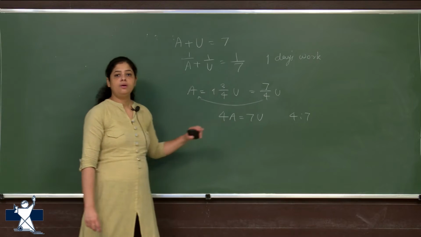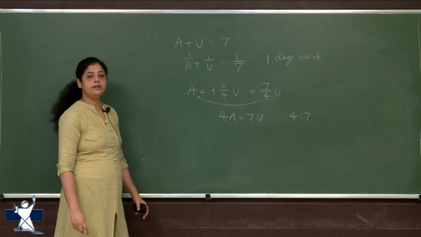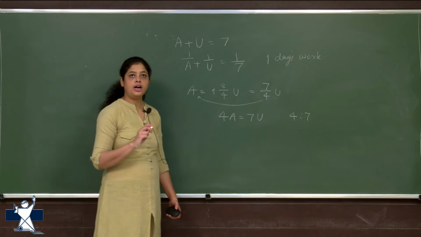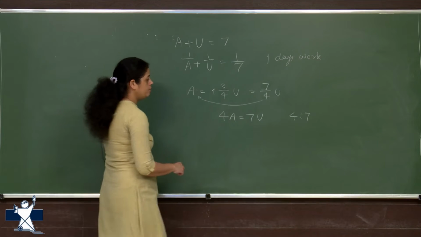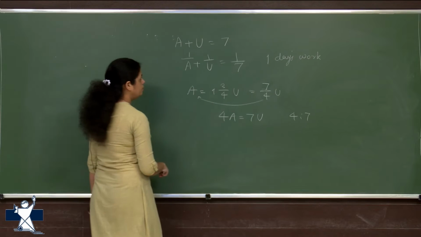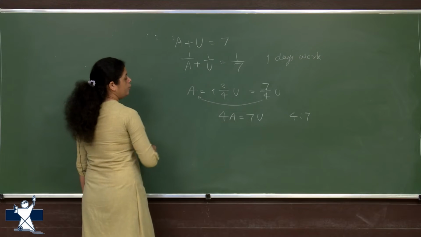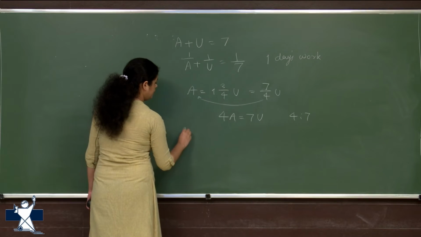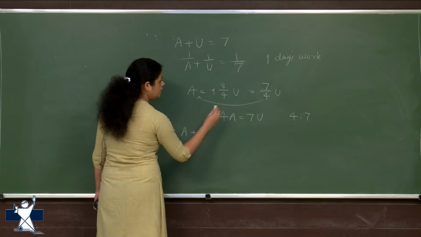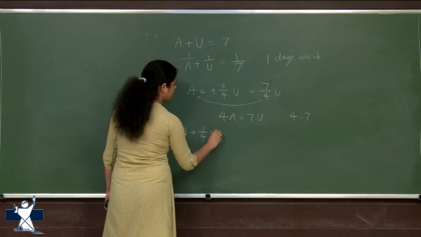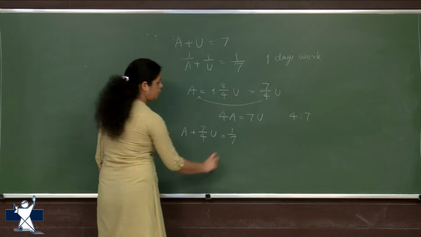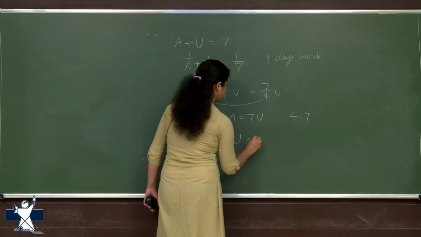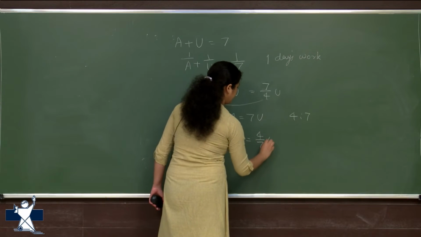Right? Now our equation is this. So you can directly put the values in the equation to get in how many days the same job will be done by Asha. So we know now 4a is equal to 7u. So you can replace a or u in one of the equations. Since Asha's is what is asked, we will replace Usha with the help of Asha. Always go for 1 day's work. So we can say u is equal to 4 by 7a.